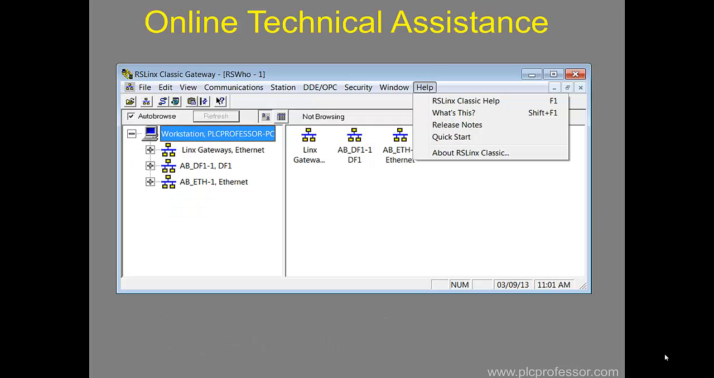The other thing we mentioned was online technical assistance. And it used to be when you clicked on the Help tab, one of the choices was online help. Now what you have is RSLinx Classic Help. You can also click on What's This, and that turns your cursor into a pointer with a question mark on it, and then as you click on things, it gives you some help files. Then there's a quick start. So you need to look over the help files,